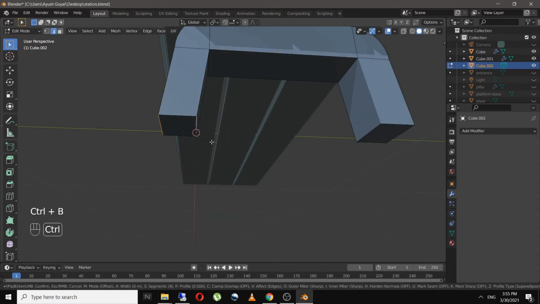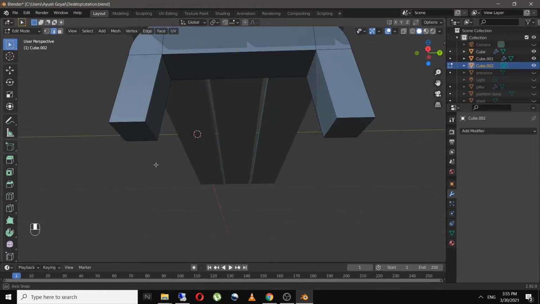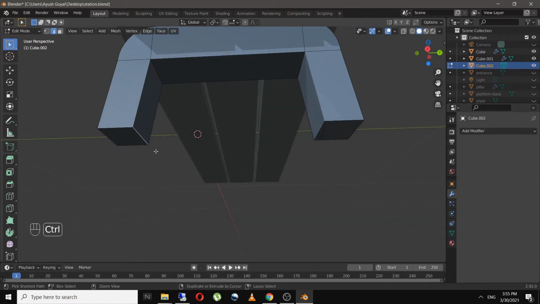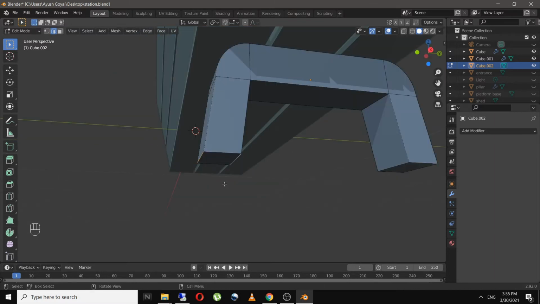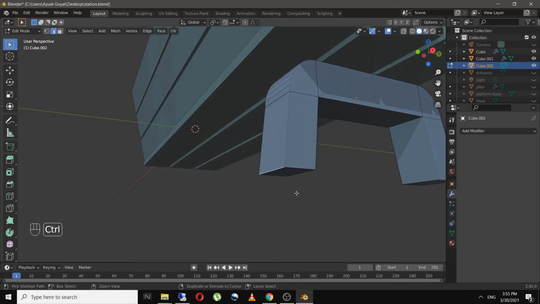Similarly, I'll select these two. These two won't work. I will bevel this edge only.